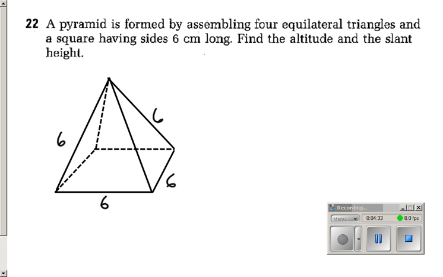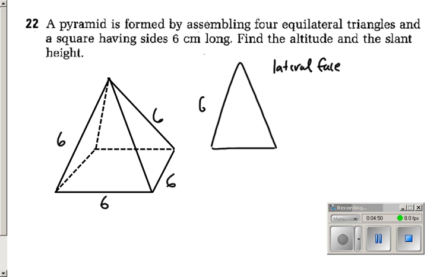So this is a little bit tricky thinking about it. All these sides are 6, so all the faces are equilateral triangles. So if I think about this being, we'll call it a lateral face. Lateral faces are the faces that are not bases. The lateral face is an equilateral triangle with side 6, right? And if you think about the lateral face, the height of a lateral face is referred to as the slant